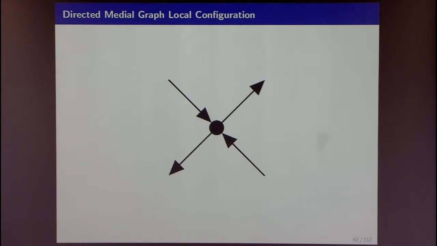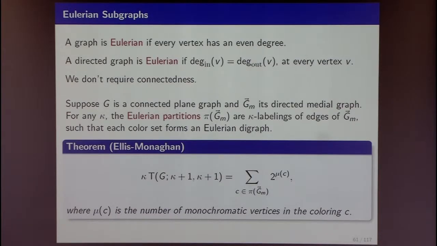So to be an Eulerian coloring, it either is all the same color, that's fine, right? Okay, 2 in, 2 out, or 1 in, 1 out of 2 different colors. And this is one possibility, and there's another possibility, and that's the only possibility. Okay? And in that sum, it is only the monochromatic vertices that will give you a factor 2 locally, and 2 to the number of such monochromatic vertices is the total sum. Otherwise, you just think this factor is 1.